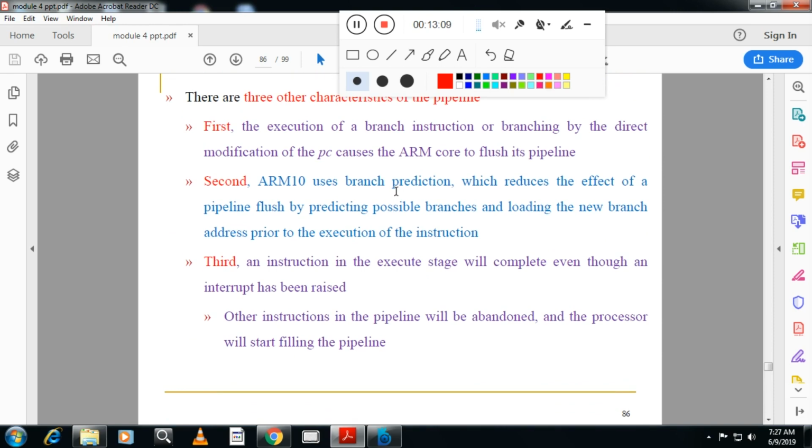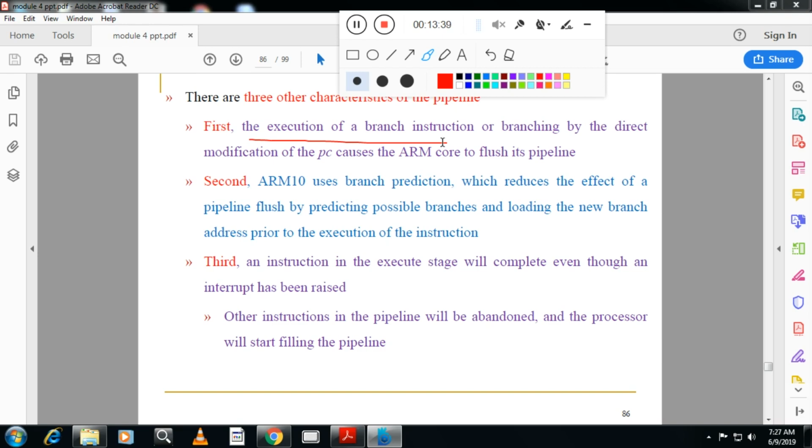So what are the other characteristics or the disadvantages of the pipelines? You can see here the first, second and third points. The first point is given here; you can elaborate on this one. The execution of a branch instruction, or branching by direct modification of the PC, causes ARM to flush its pipeline. For example, when the processor executes instructions